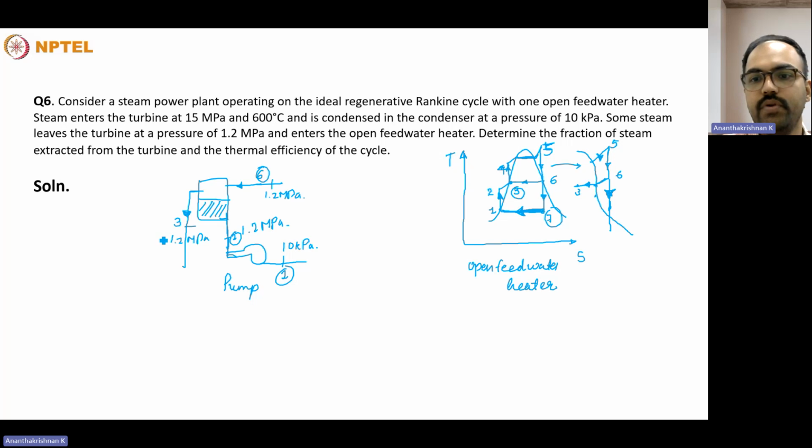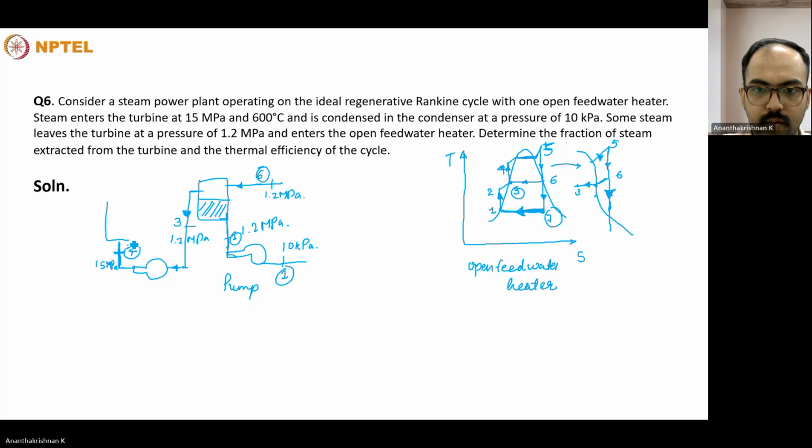So this particular point will be 1.2 megapascal, and that will be the mixed condition of 6 and 2, and from there it will enter into a high pressure pump, and it will be at point 4. And that will be at a pressure of 15 megapascal,